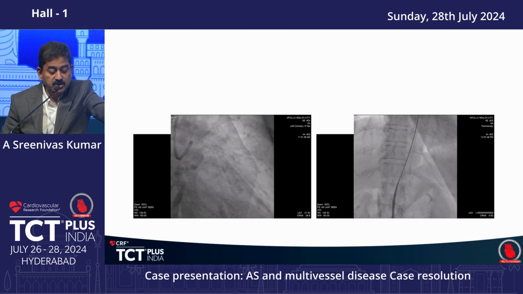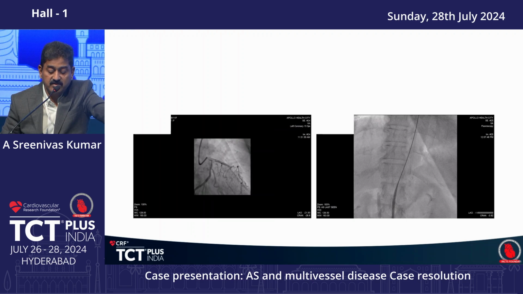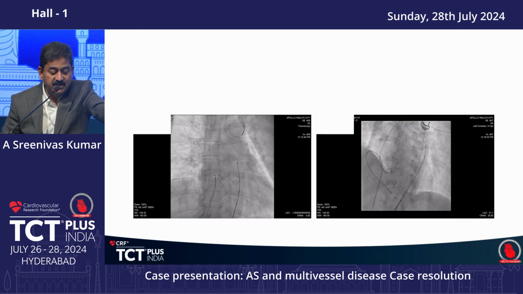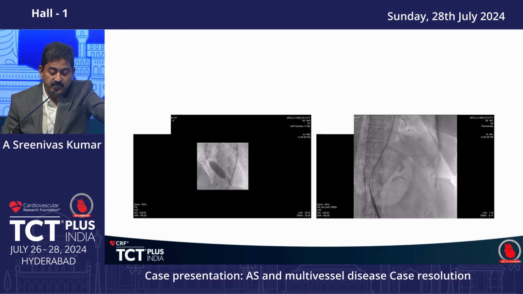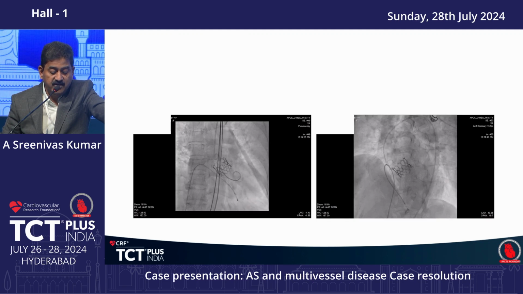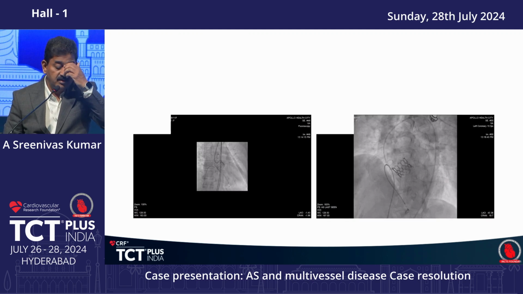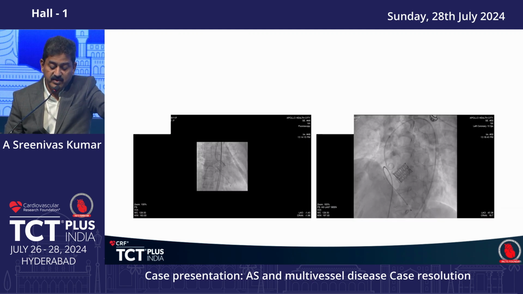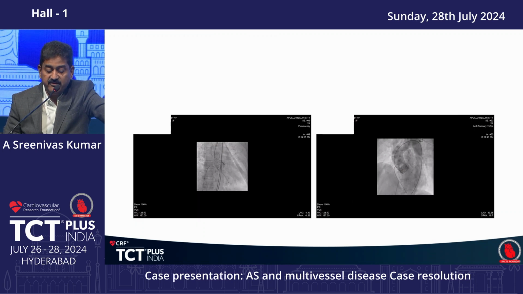And finally, we did both the proximal LAD stent as well as TAVR. The TAVR steps are regular, which all of you know. We did pre-dilatation, then balloon expandable valve, and the procedure was done well, and the patient did not have any residual